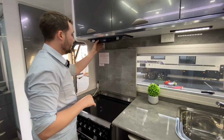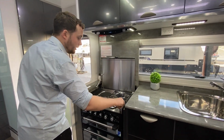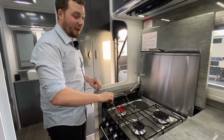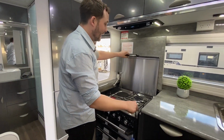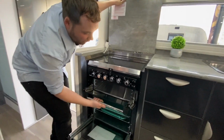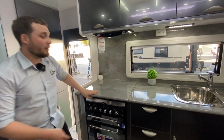We have light. We have our Swift Appliance cooktop with wok burner as well. This is a standard fan-forced oven in the Excalibur Duke and Excalibur range. You have oven and our light and our fan all into one unit, Australian made. Cannot get any better than that. We have